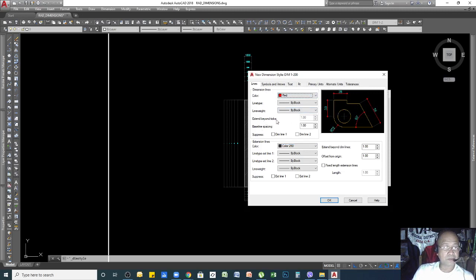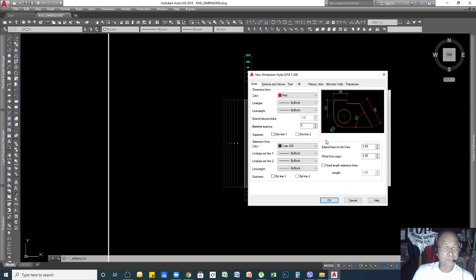Then extension beyond ticks. Ticks means this one, and this one is a default, so you cannot change that. Baseline spacing is the distance from your baseline or dimension to your object. Take a look if I change this into 5, the distance here becomes bigger.